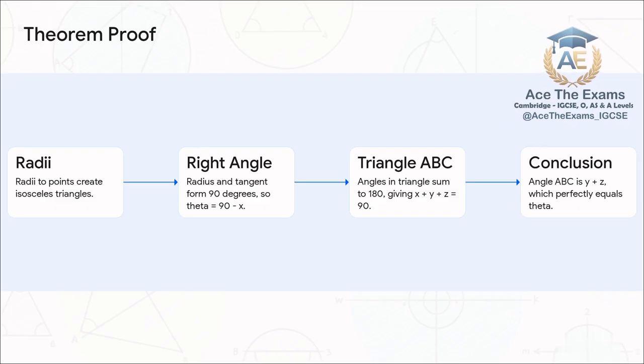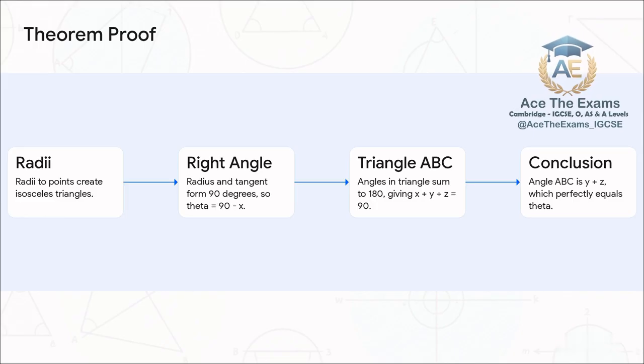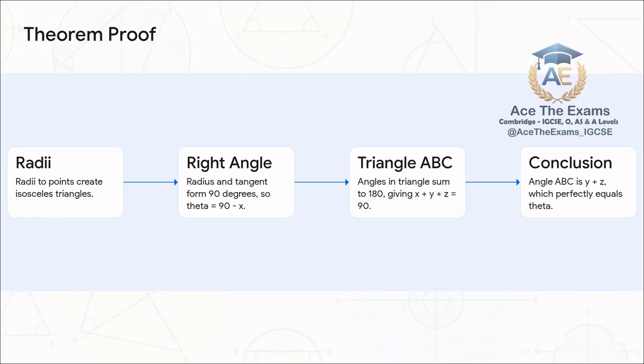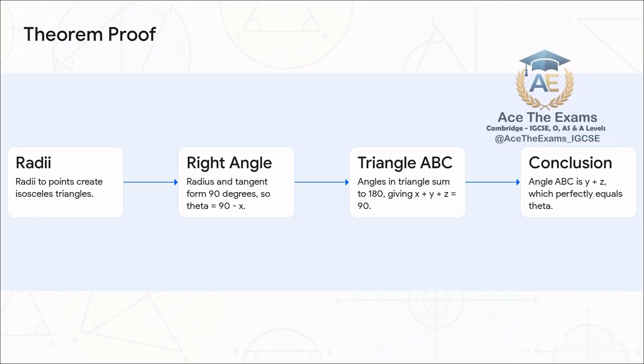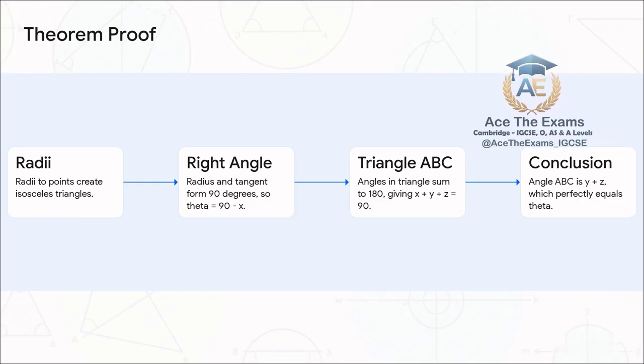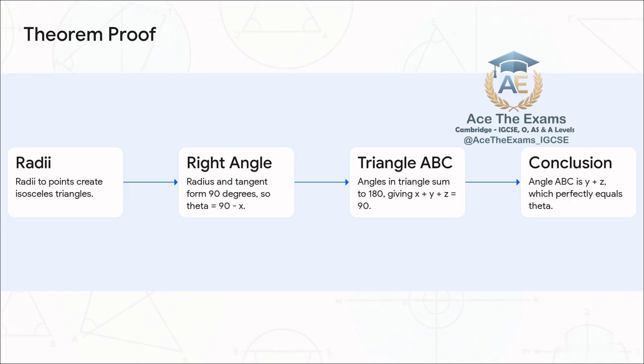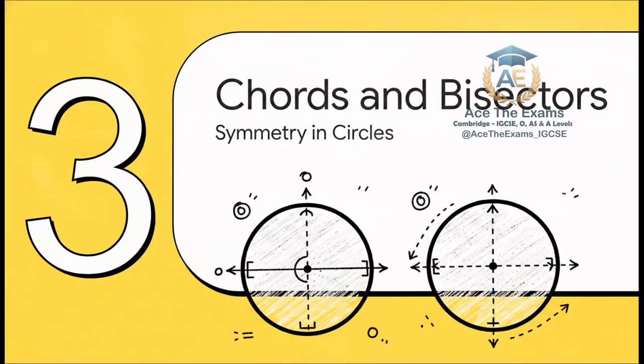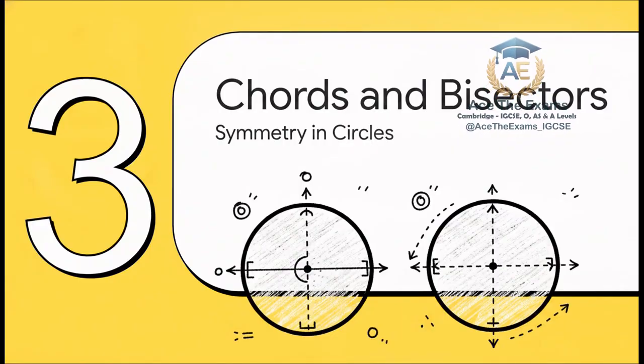So if x plus y plus z is 90, then y plus z has to be 90 minus x. Look at that. Both theta and angle ABC equal 90 minus x. See? By walking step by step through this, you transition from pure algebra straight into geometric logic. It's absolute certainty. Okay, let's shift gears to our third foundational rule, looking at the incredible symmetry created by equal